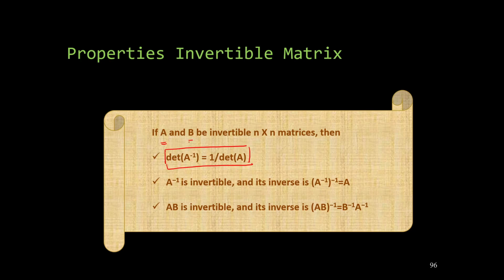Second thing, if A and B are two invertible matrices of dimensions n by n, invertible means the inverse exists for both the matrices, then the inverse of the inverse of matrix A is equal to the same matrix A. What does it mean? The inverse of matrix A is A inverse, and if you take the inverse again, you are back to the matrix A, because the inverse of a matrix is the associated linear transformation which is the inverse of the original transformation. If you take the inverse again, you are undoing the effect of the inverse of A. So again, undo and redo, you are back to the original thing, so it is the same matrix.